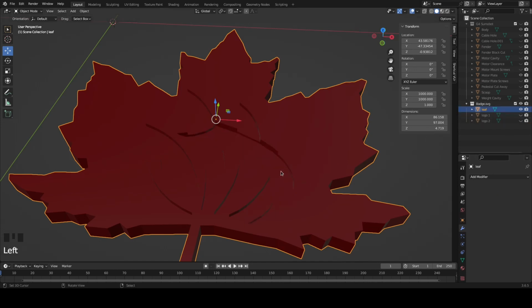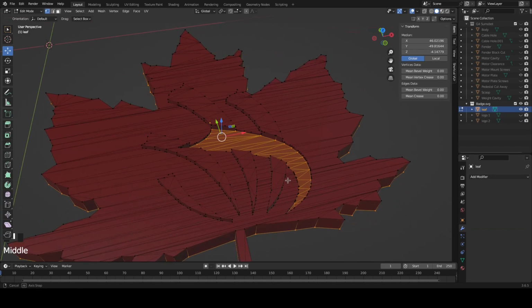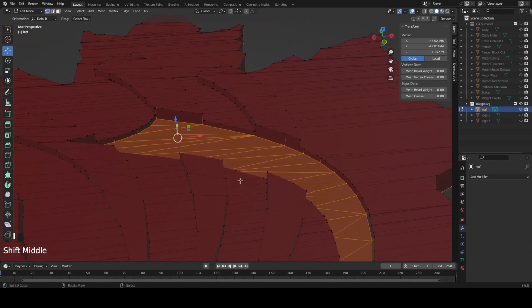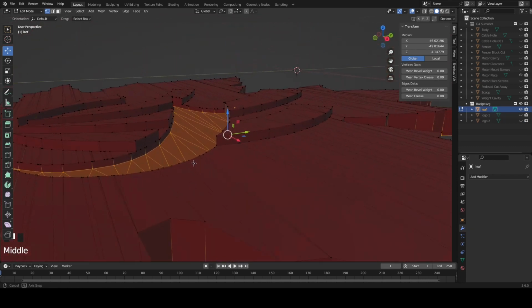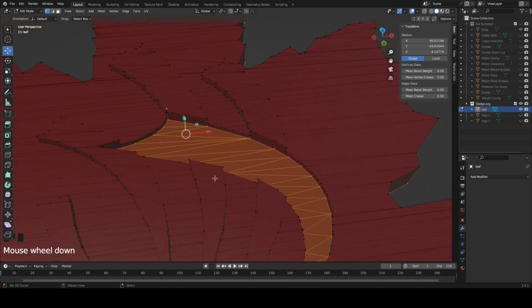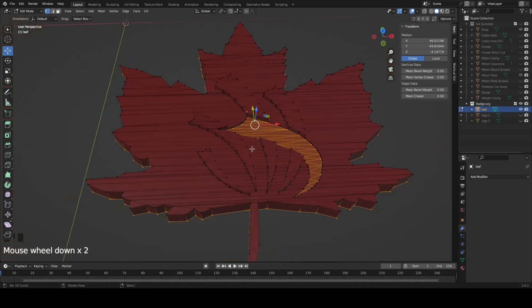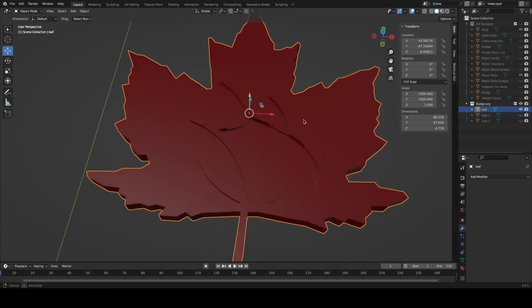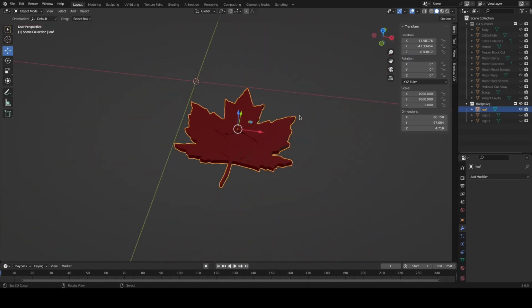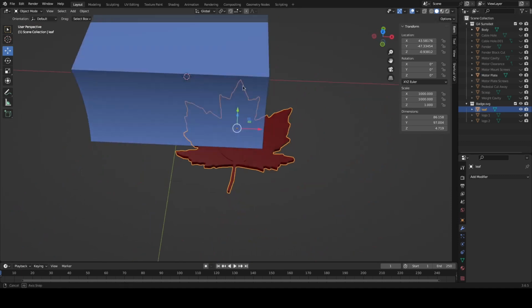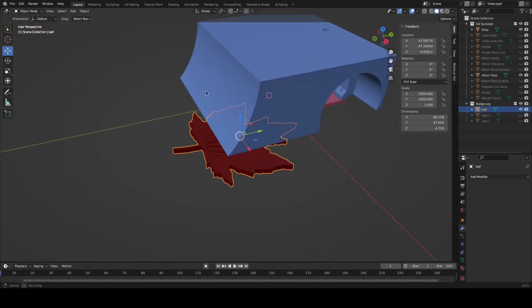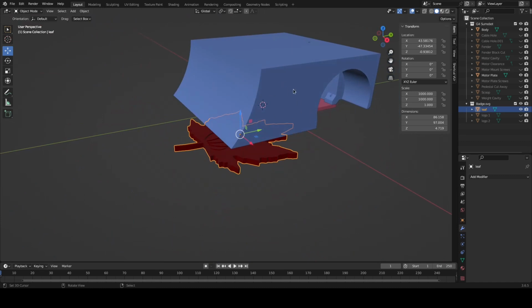So when I hide logo 2 and I go in and look at it, I now have a depression for the logo 2 component. And this is going to allow us to create a really interesting badge effect on the side of the Sumobot. To apply the badge, we now need to scale and rotate our leaf. So we're going to bring back our Sumobot, and we can see that the leaf is much larger than the spot where we're going